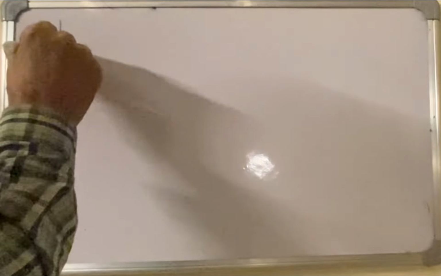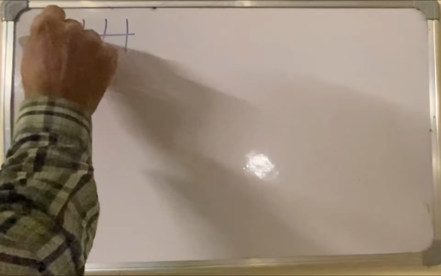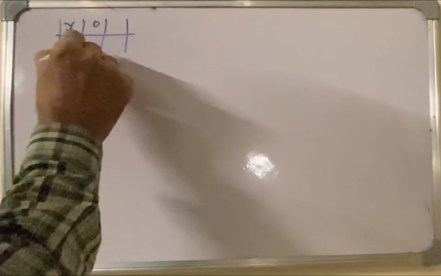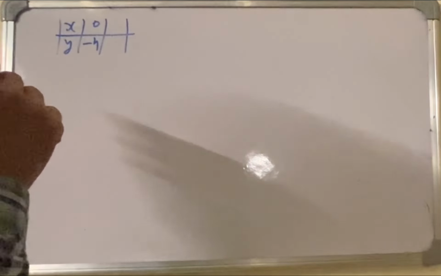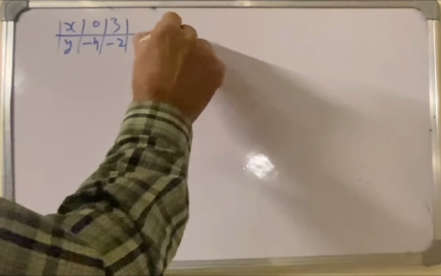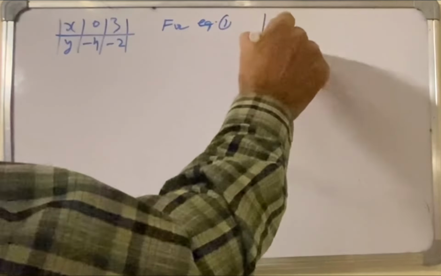Therefore, the set of solution for equation 2 is x, y: x0, y minus 4; x3, y minus 2. Also for equation 1, set of solution is